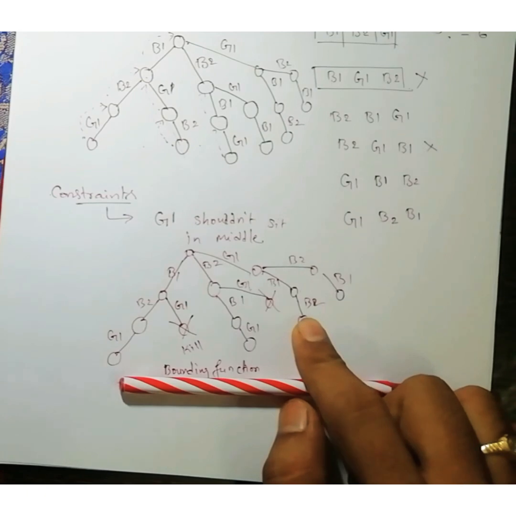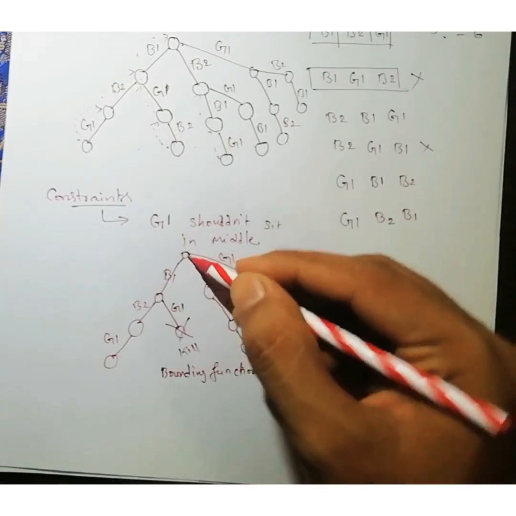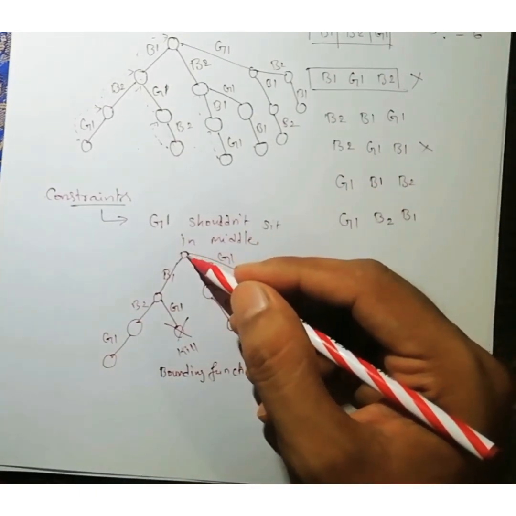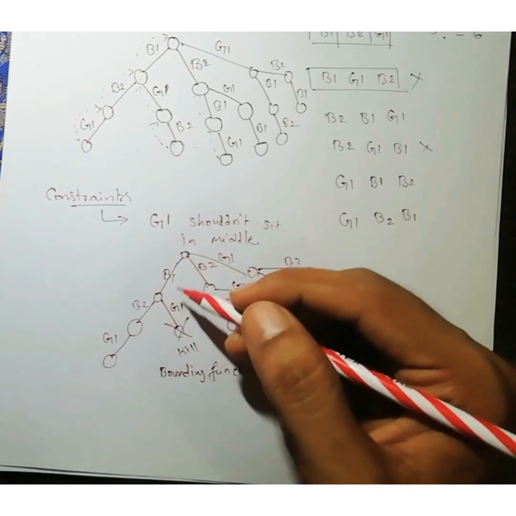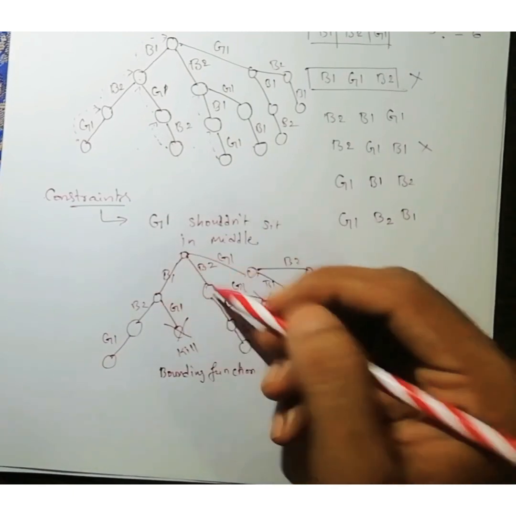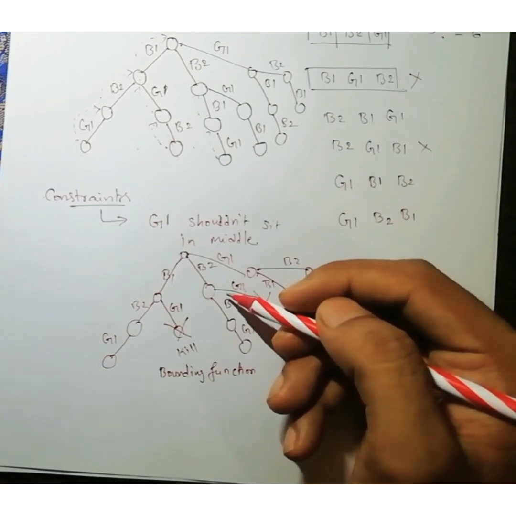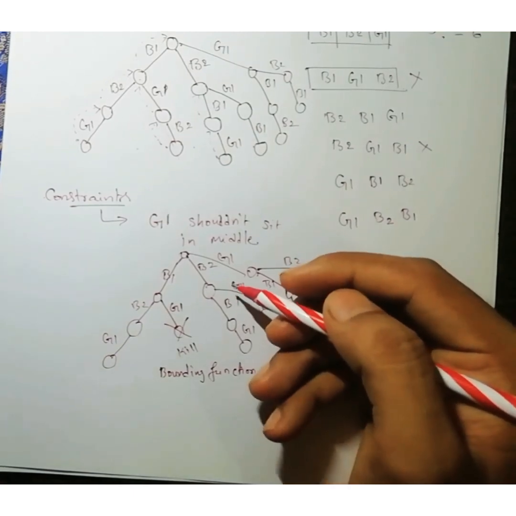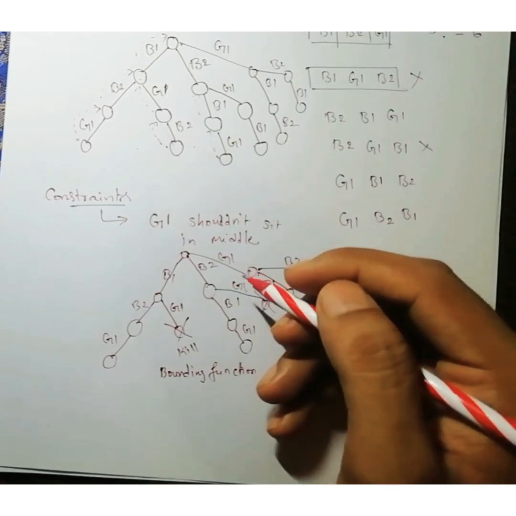And keep in mind, backtracking always follows the DFS method. DFS is depth first search. That means for each node we take one neighbor node and follow it. Breadth first search means for a node we take all possible neighbor nodes. We use that in branch and bound solutions, so we will discuss that concept later.